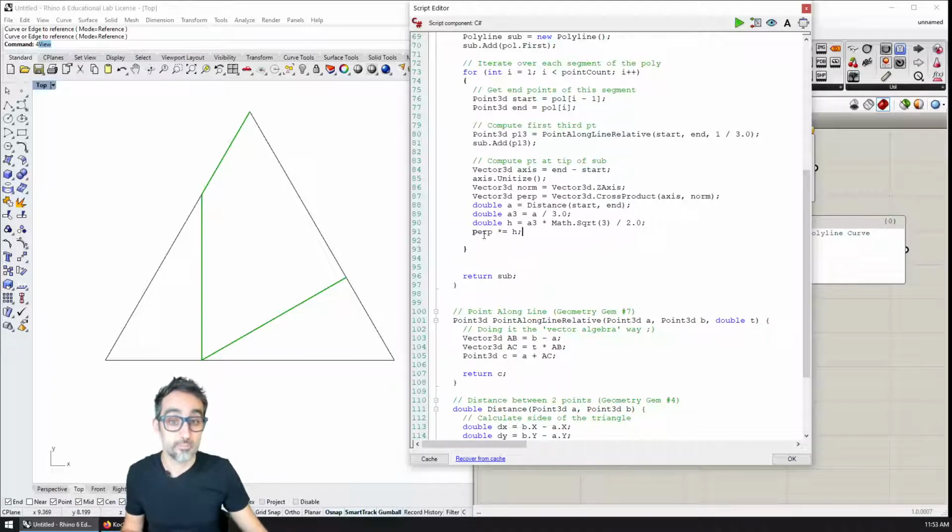And because perpendicular is unit, we know that the result of this operation will be a vector with the exact length of h. In the system that you're working with, we can do this multiplication of a vector by a scalar in Rhino Common because the vector class has operator overrides. But if you don't have that possibility, maybe you have something like,